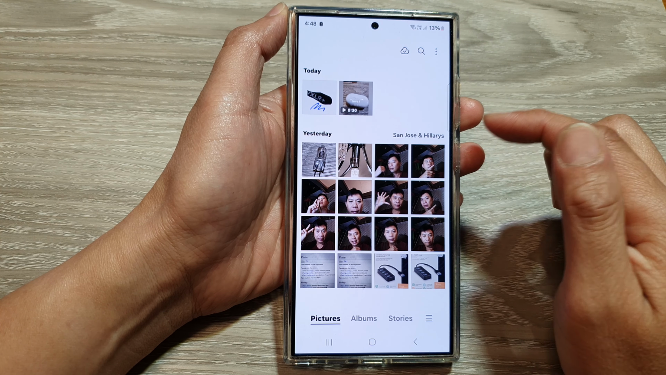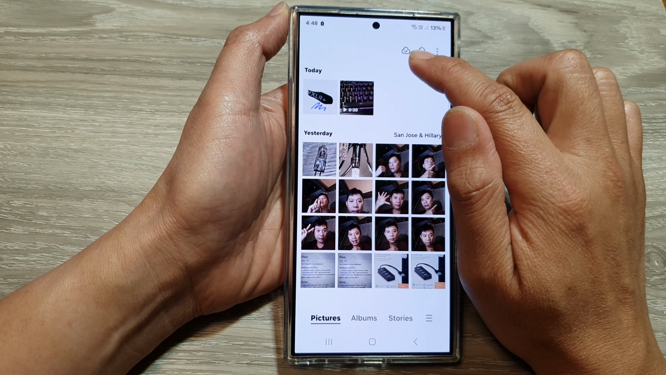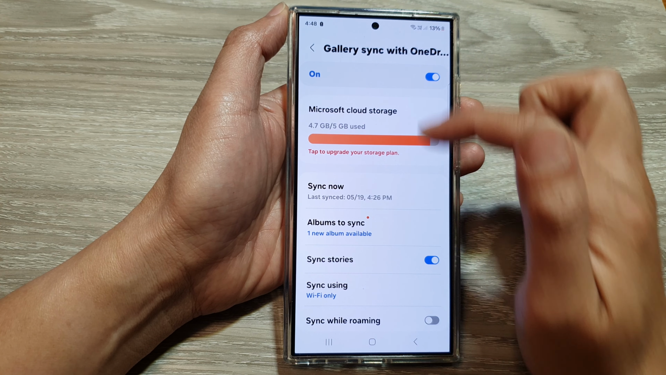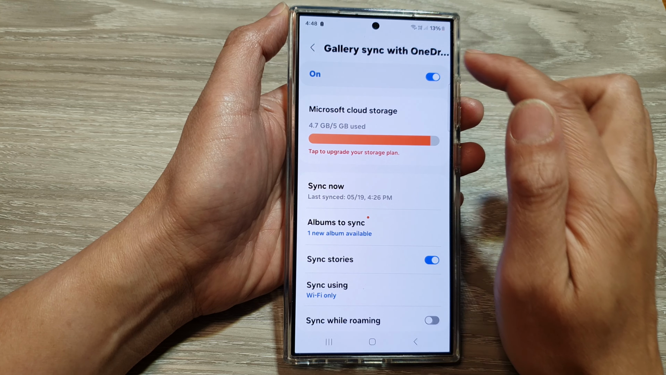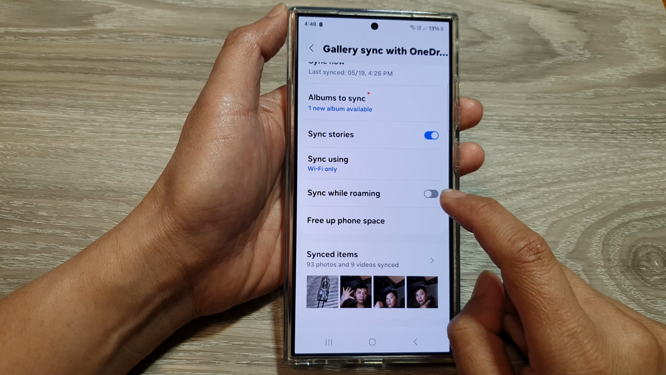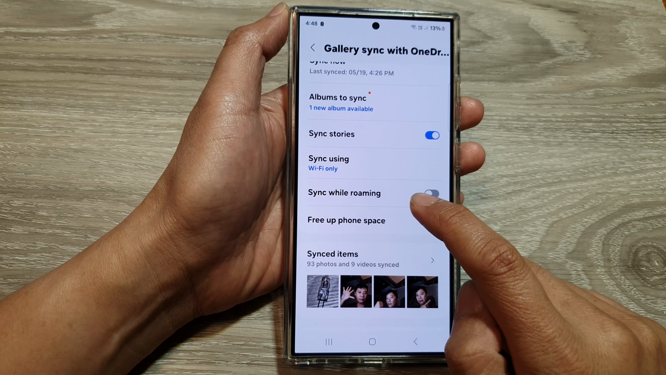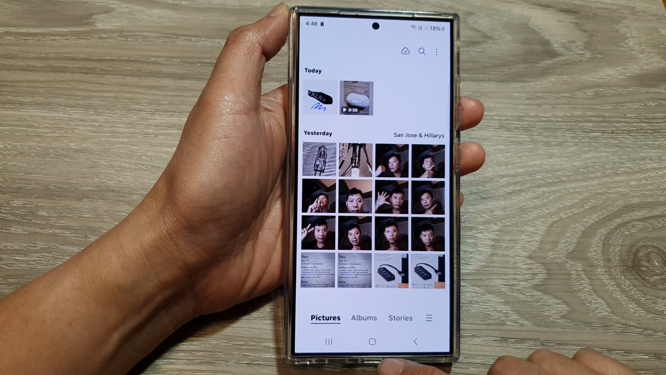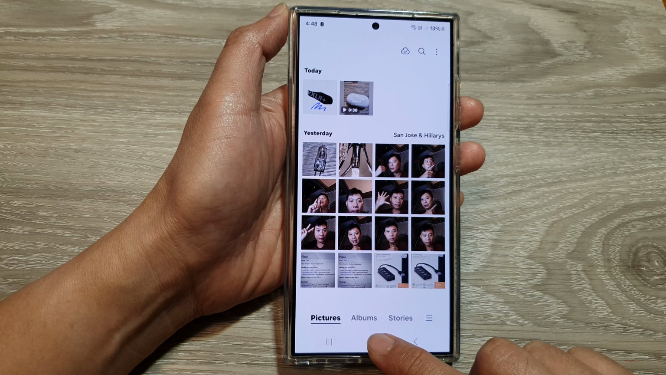Now in your gallery, there is also a cloud icon at the top. You can also tap on that to quickly go into your gallery sync with OneDrive. In here, you can also tap on or switch off sync while roaming. And that's it. After that, tap on the home button to return back to the home